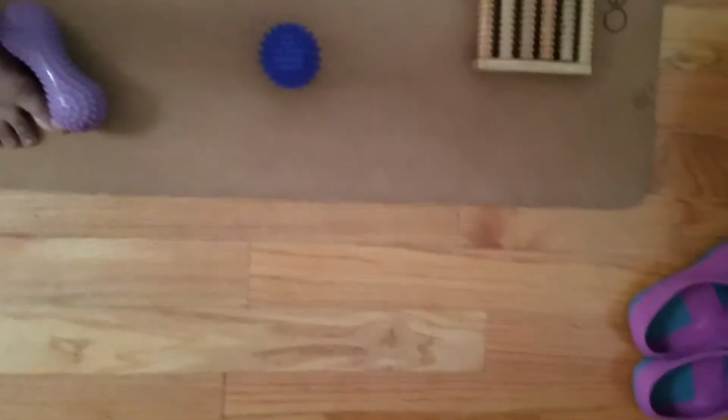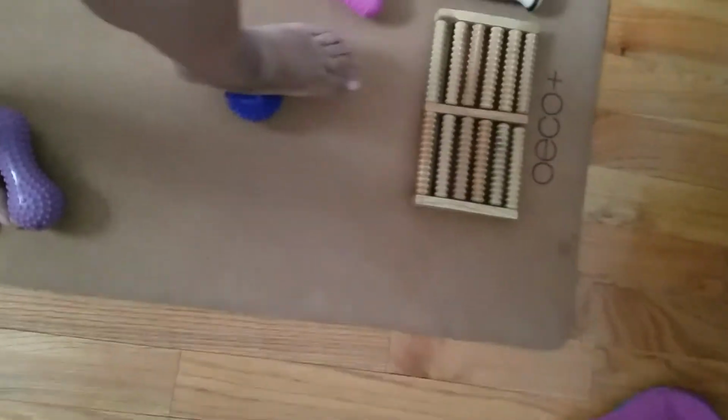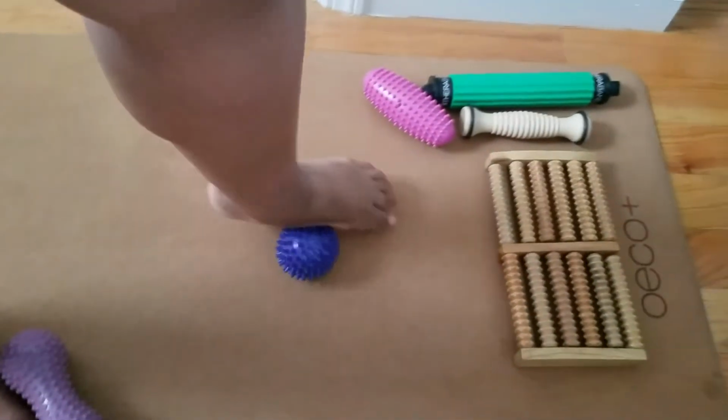This one has spikes. It's not painful at all. It's just extremely massaging. Whew, and almost like therapeutic. So I use this for the whole of my foot. I get in the crook there on the side. And I also try to do my side. And this is extremely